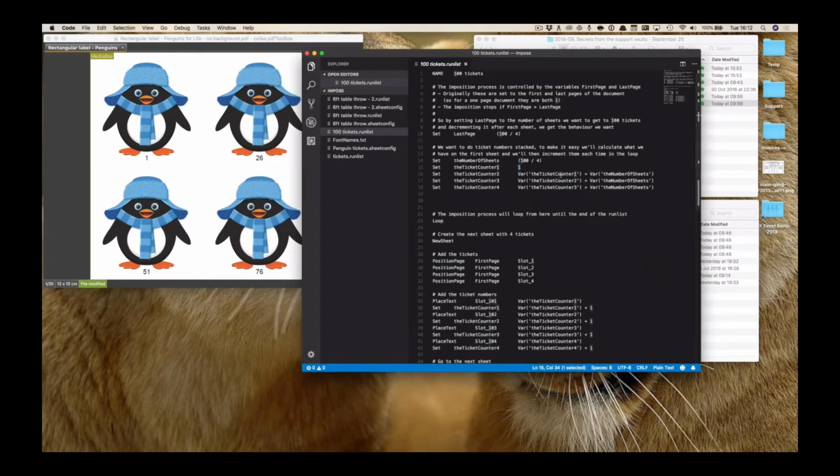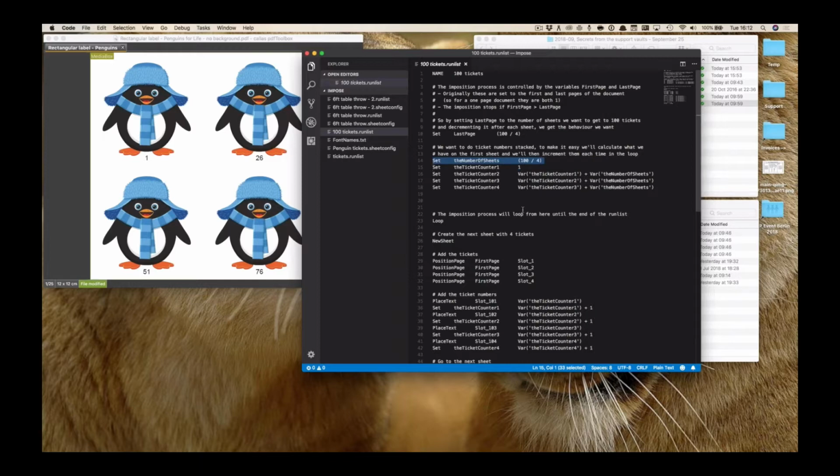That's exactly what we see here. Then the next one is again plus 25, so 51, and then again plus 25, giving me 76. Yeah? So there's a little bit of logic going on here to determine what these numbers are going to be, but in essence, you look at how many tickets do I want in total, how many tickets do I have on one imposed sheet, and the number of total sheets that you generate will be the division of those two